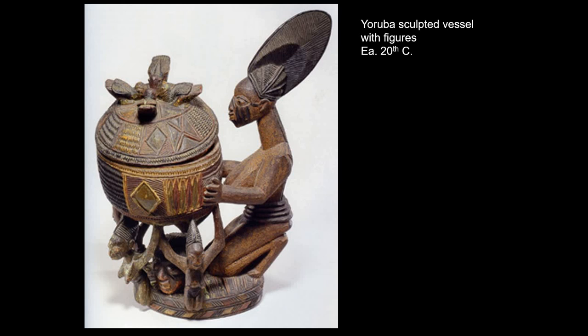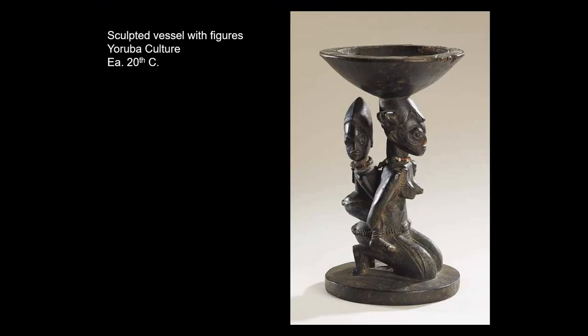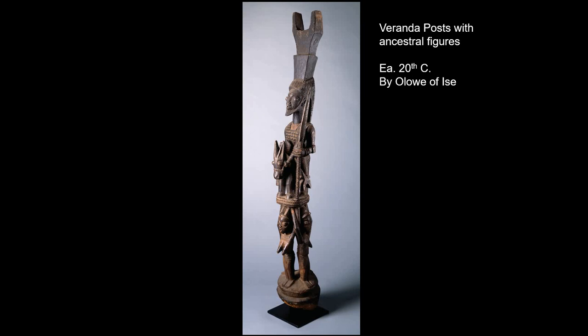They are traditionally carved in wood. They often have a high degree of polish. They take these natural tropical hardwoods and polish them to an incredible degree. So we have stylized faces, the heads are enlarged, the bodies are likewise stylized. This is by one of the great masters of the early 20th century of Yoruba carvers. This is Areogun of Osi-Ilorin, and this one is, again, an ancestral figure, and it's a veranda post.